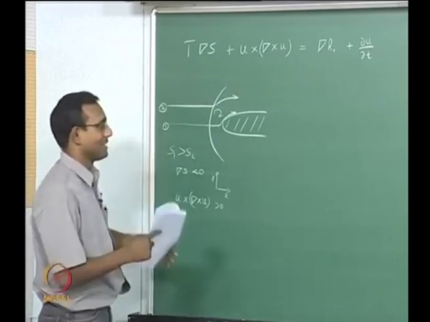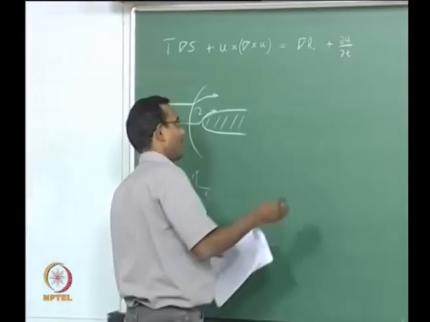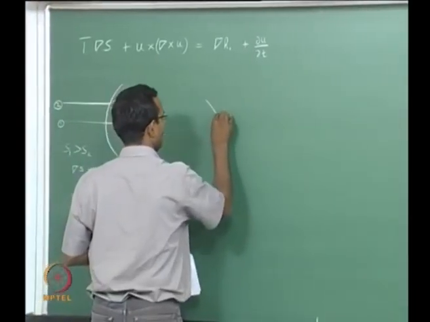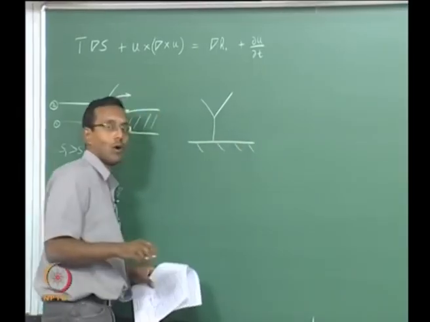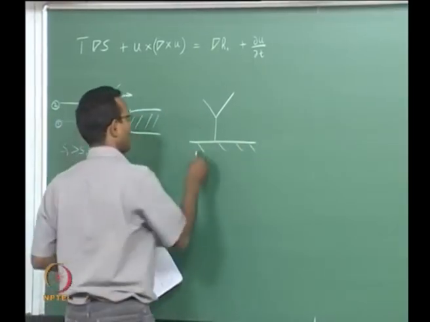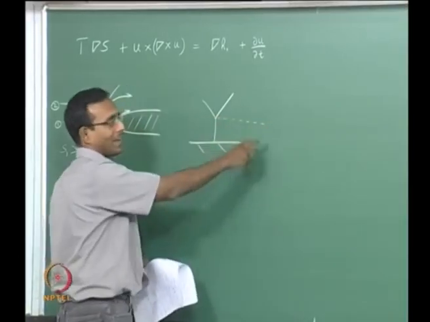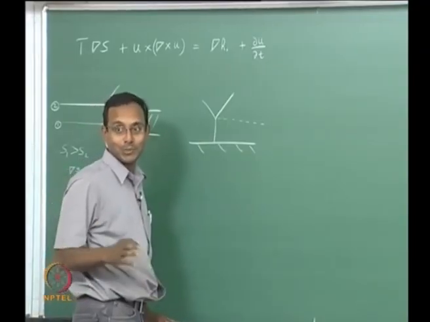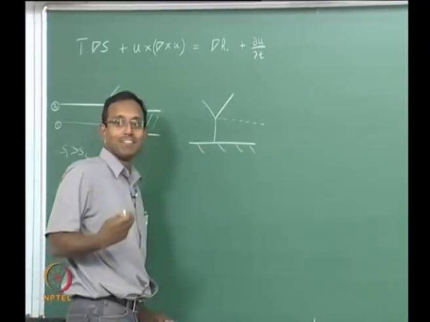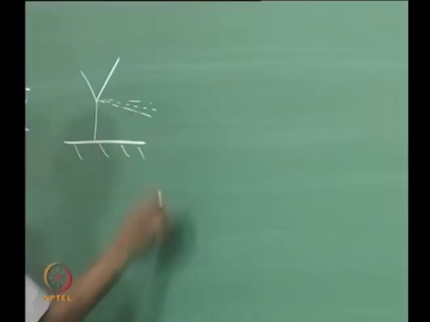Okay. This is one example. I can go through this whole example for different cases. I will not go into details of the other ones. I will just tell you I can have a Mach reflection at a wall of an oblique shock. What is going to happen here? There will be a slip line like this. What do you mean by slip line? We said there is no viscosity, so there is a slip line. But now if we add viscosity, then there is going to be a small shear layer sitting here.